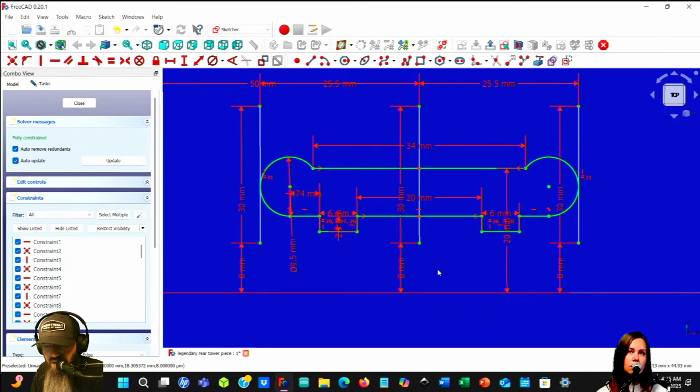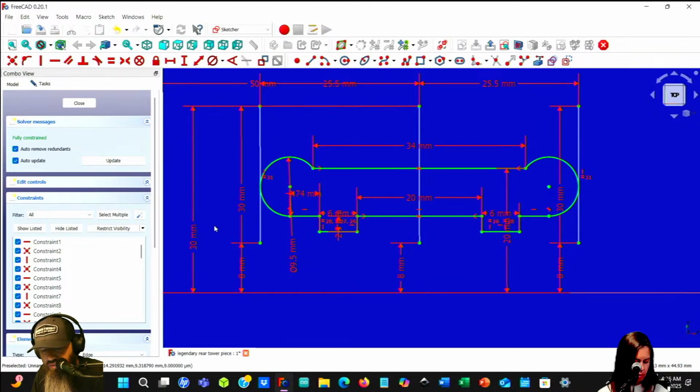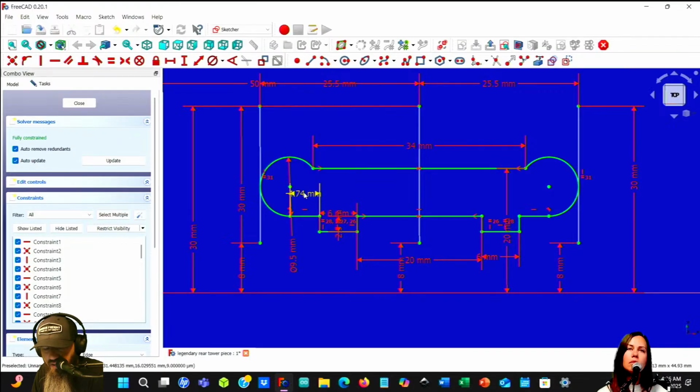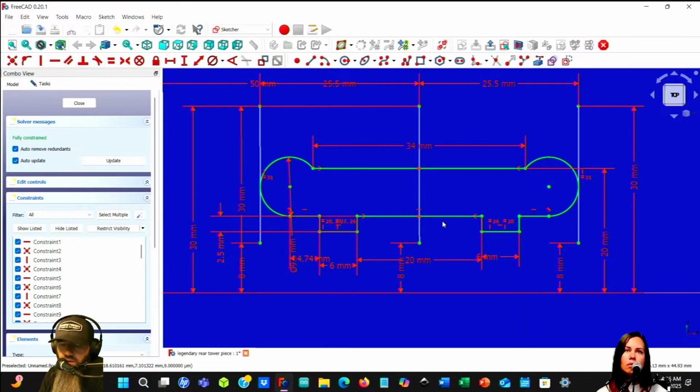Okay, so now it turned green, so it's fully constrained. Nice. That means nothing here is going to move, which is what we want. Now the only other thing is I don't know if we should put the holes in now or later, because we need a hole here. We could try to put them in now and it might work, or it might mess up. Sometimes the model will break if you do certain things in this software that it doesn't like, and I'm not smart enough to know those things ahead of time. But let's just try to put the holes in later, I guess.